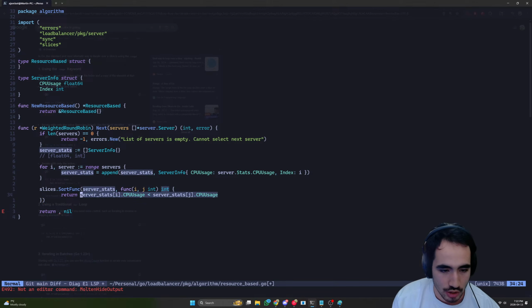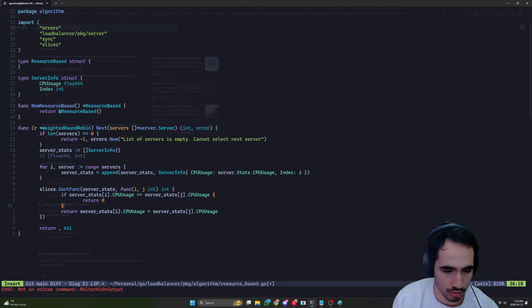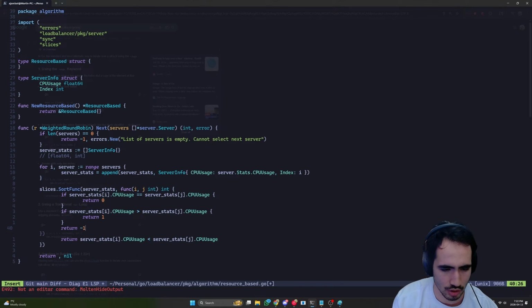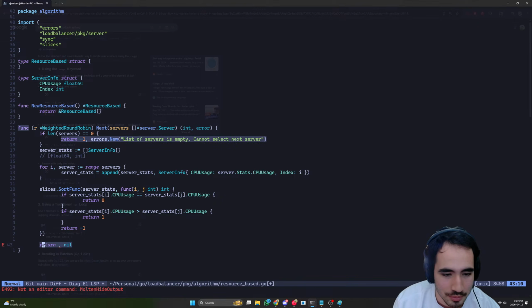So here we're not returning this. This is wrong. So what we're doing is, if it's equal, return 0, sure. If it's bigger, return 1, sure. And return -1 otherwise, sure. Yeah, that's what I was gonna write. So we sort the function, and now,